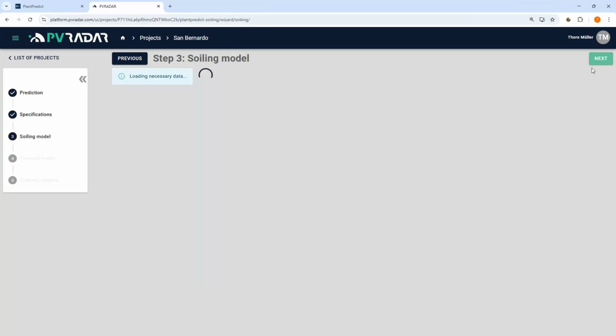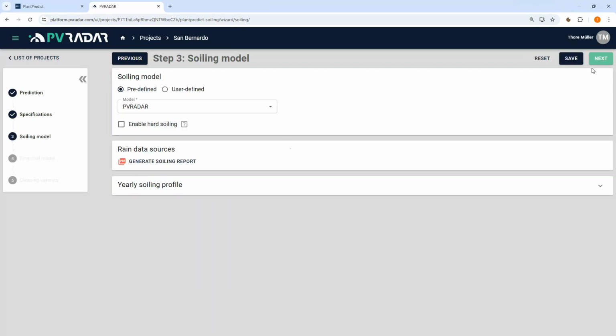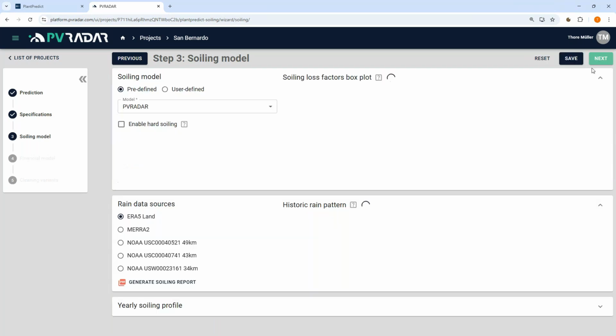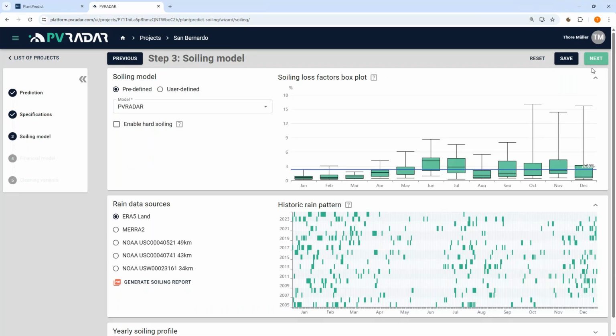Let's click Next. The next step now brings us to the most important part. That is the soiling model. In this step is where the PVRADAR soiling model is being executed. What's currently happening is that PVRADAR is collecting 20 years of data for particulate matter concentration, rainfall, and meteorological conditions for the location of the project. What I see here in the top,